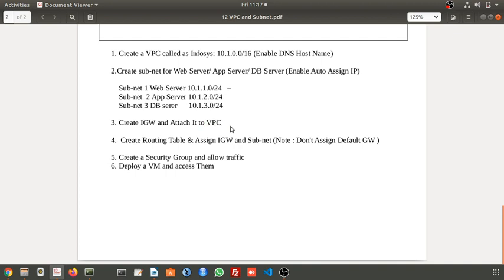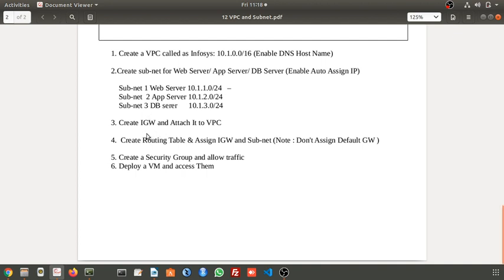Only one gateway you can attach to one VPC. By default, there will be one VPC and there will be an internet gateway that will be assigned by Amazon Web Services itself. If you want to create your own VPC, for that VPC you need to attach your own internet gateway. This is not free, this is chargeable.